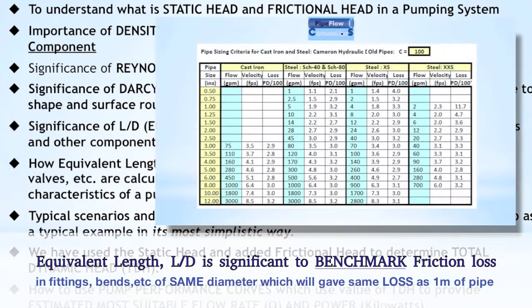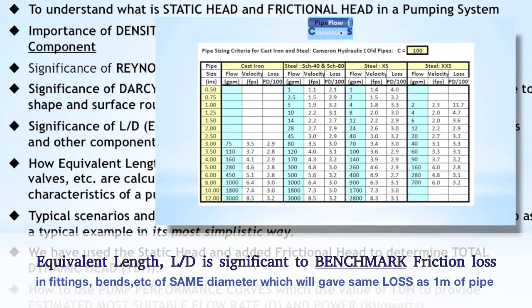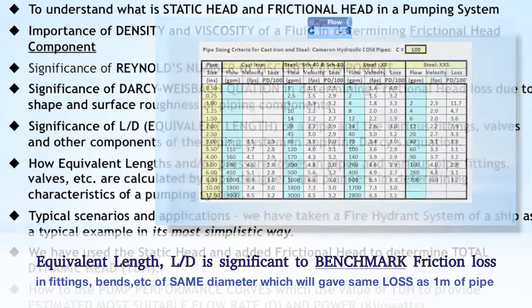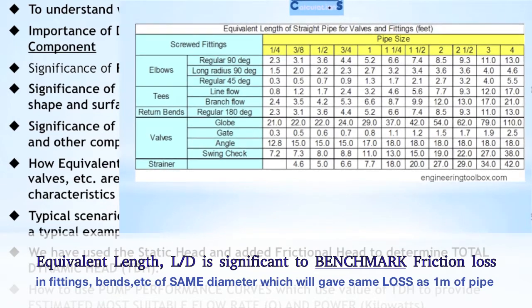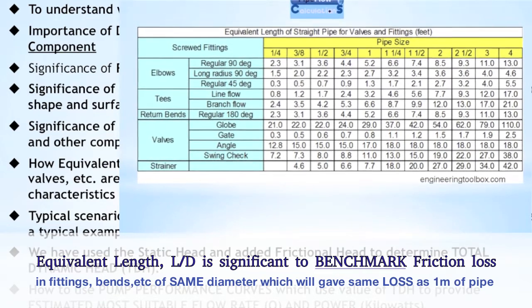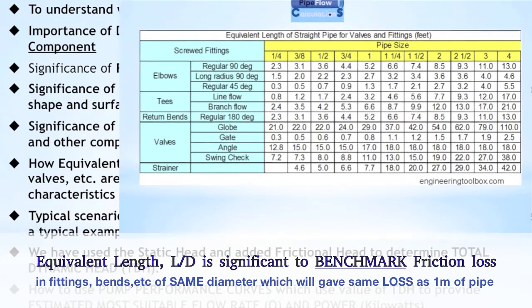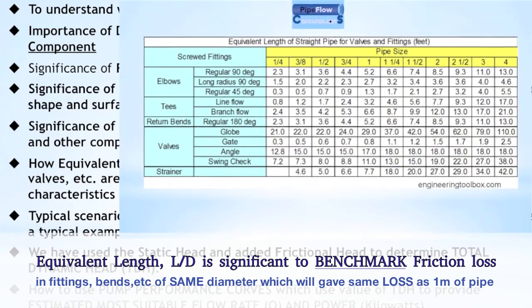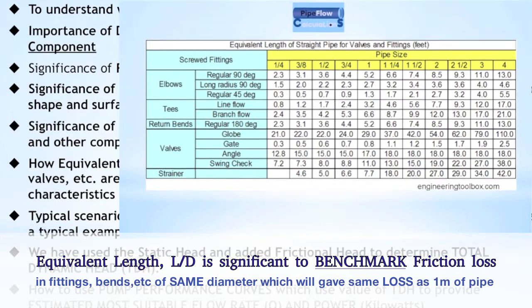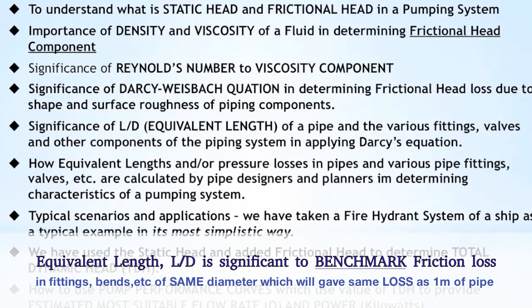For example, a fitting like an elbow can have, let us say, 1.5 times the pressure drop of a straight length of 1 meter. And maybe we can say that a T, because it's going at right angles, can have a pressure drop of 3 times that of a pipe length of 1 meter. I will show you later on the charts for various types of fittings, how the equivalent length varies for fittings of the same diameter. And then we will see how this equivalent length goes into the calculation of the pressure losses in the pipes and the fittings.